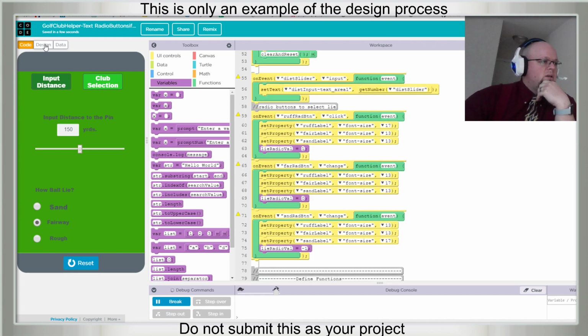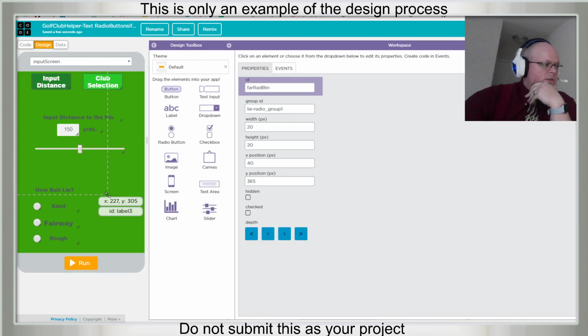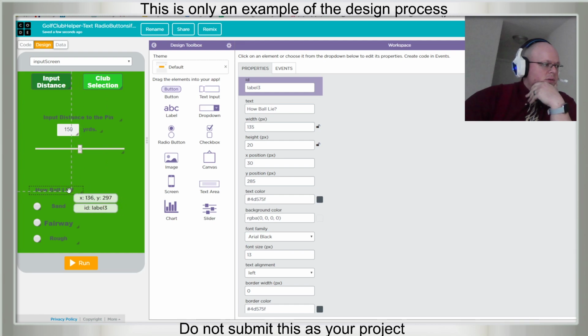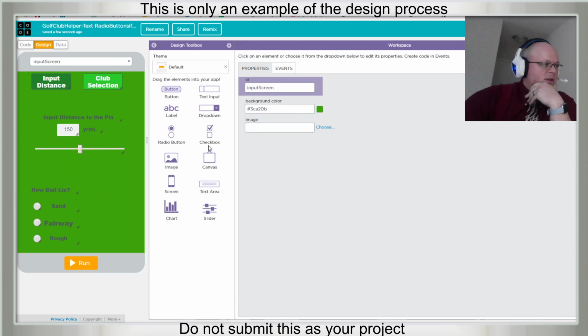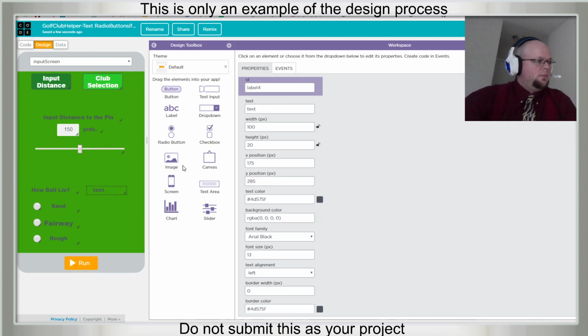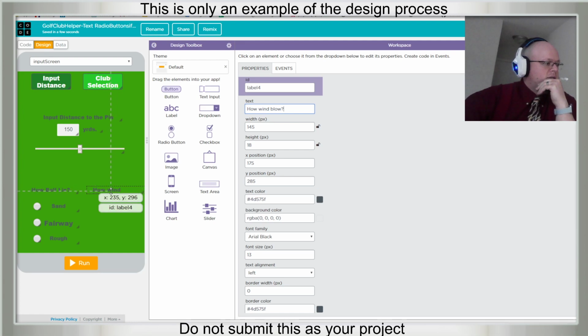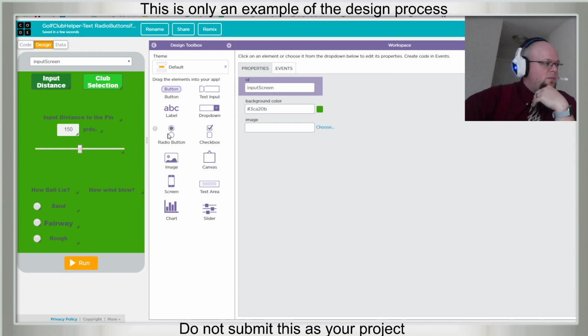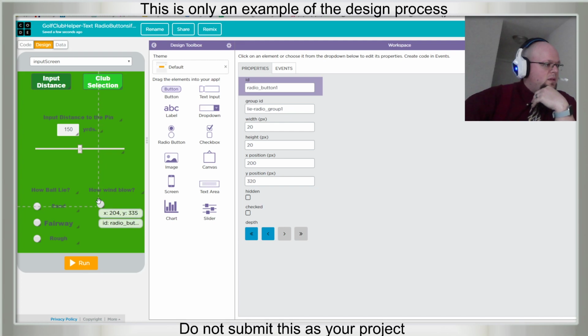now we could, just for funsies, let's do how wind blow, and let's do some radio buttons, and I'd like them to line up with these. So what are these?